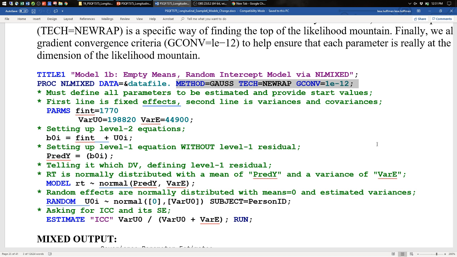Yeah, these ones. This is the method of estimation and the technique of optimization. Newton-Raphson, and this is Gaussian Quadrature. So in models where you have a level 1 conditional outcome that's non-normal and a level 2 set of random effects, such as in an IRT model or a generalized mixed model, this is asking for full information maximum likelihood using quadrature. That, like I said, doesn't apply yet, but it is,